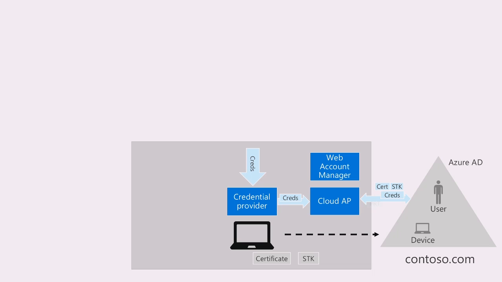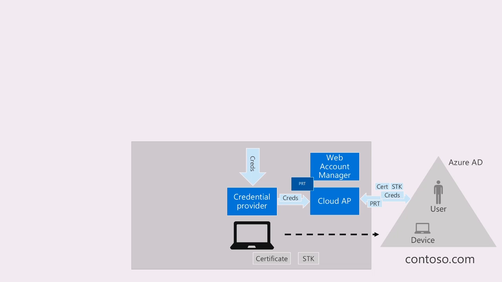But then along with this, we return that PRT, the primary refresh token, again like a TGT in the Kerberos world. And the primary refresh token is basically a refresh token that doesn't have a specific audience in place, but it would allow for any access token to any audience as long as it is made from this device. And again, from this device means that that device has possession of the private portion of that SDK key. So when the PRT is returned,